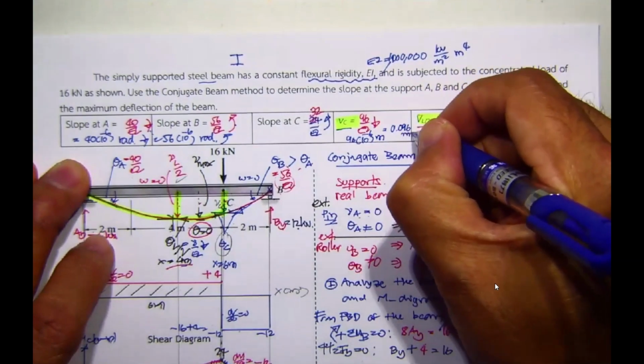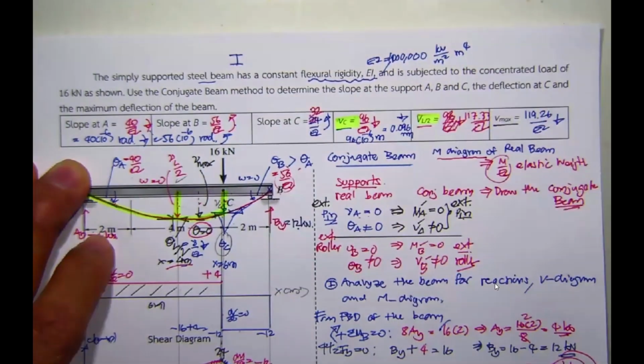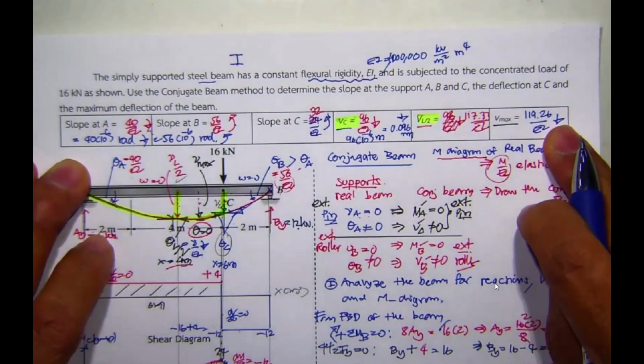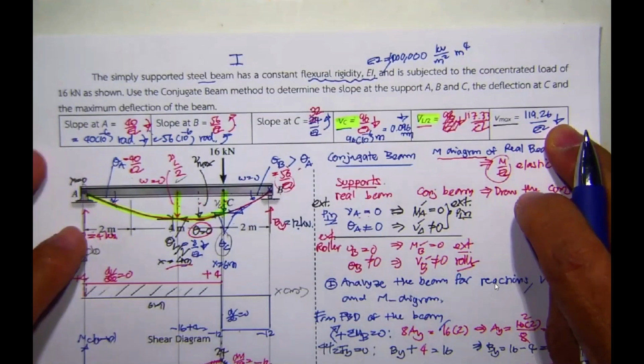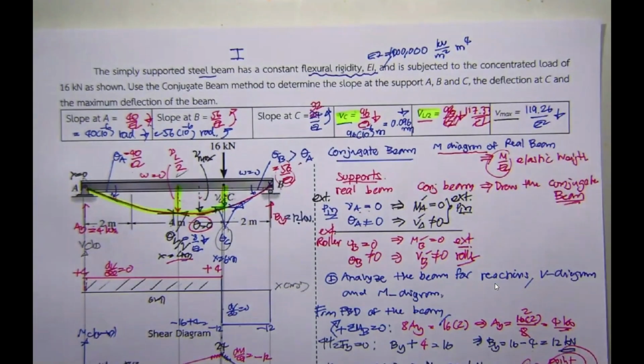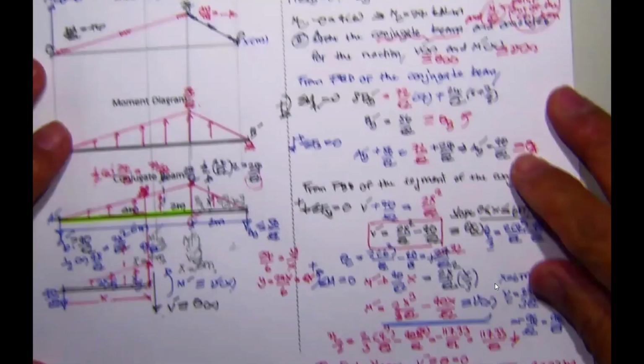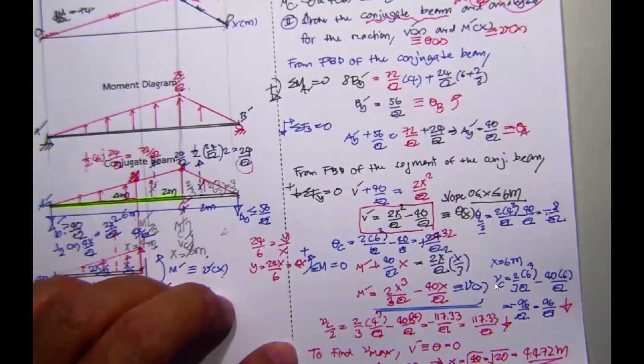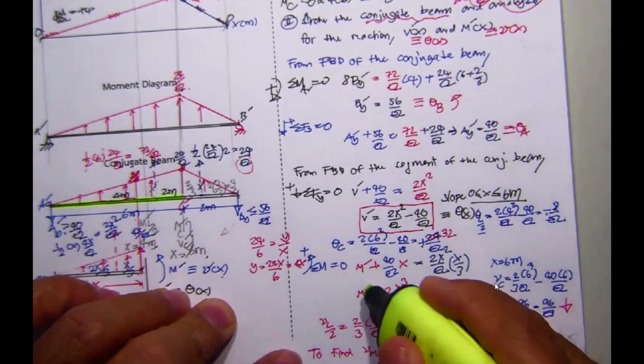0.096 millimeter downward. Very small. Okay, the same. You can compute for the other thing. That's the first example, to show you how to solve this kind of beam based upon the conjugate beam. And I should say, this equation